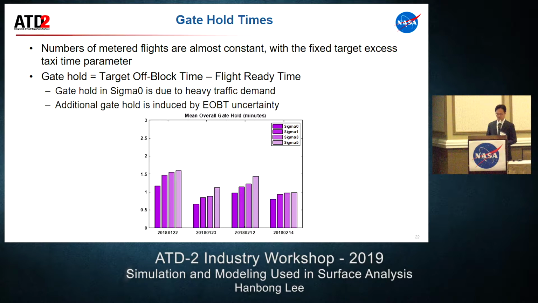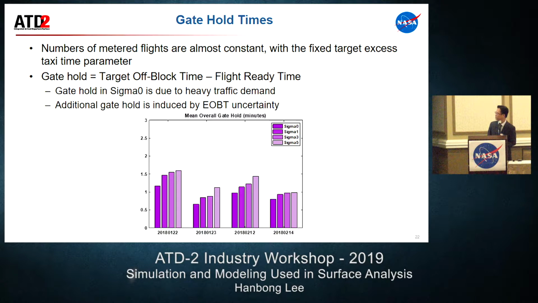So from our simulation output, we measured different performance metrics. The first one is the number of metered departures, the number of metered flights. So in each scenario, we look at the number of metered flights, but those numbers are almost constant, because we are using the target XSQ parameter in the scheduler. And then we also look at the gate hold time, the difference between the target off-flag time and the actual